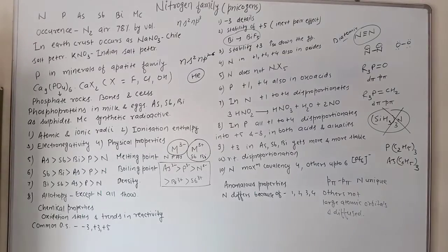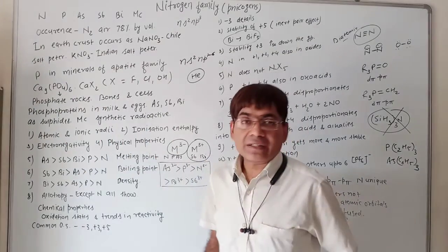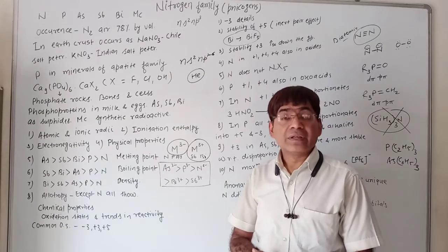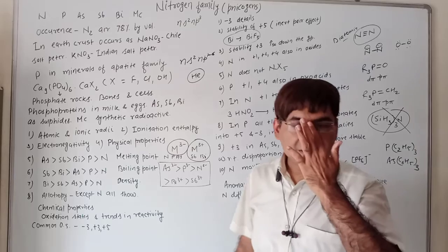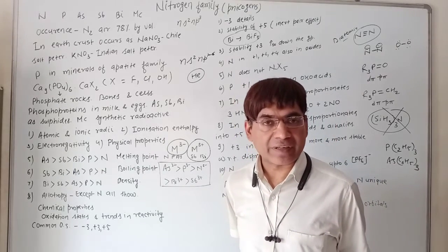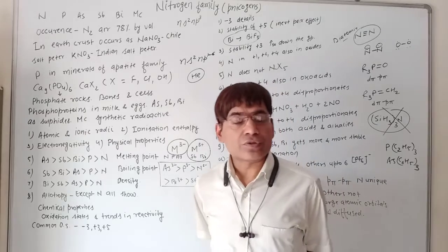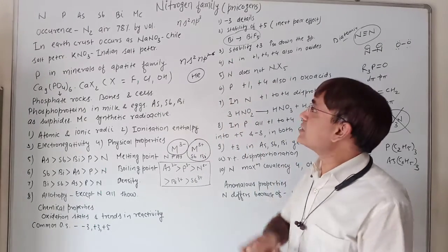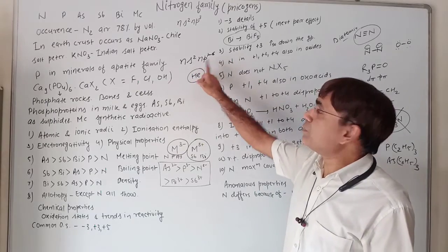So now the P block of 12th class that we are starting. We are starting with the nitrogen family. In the P block, earlier in class 11th, we have studied a few concepts like the inert pair effect. So what is the inert pair effect? We said in P block elements the general electronic configuration is ns2 np1-6.